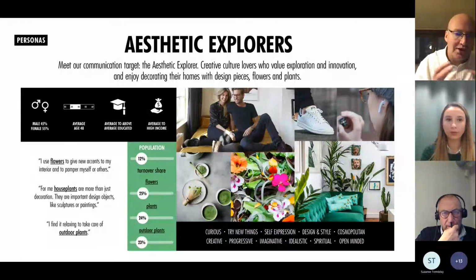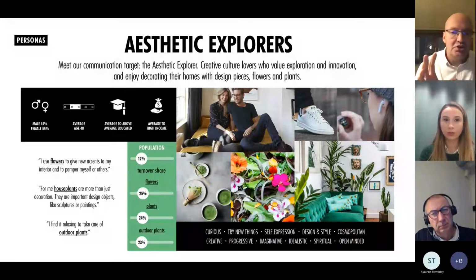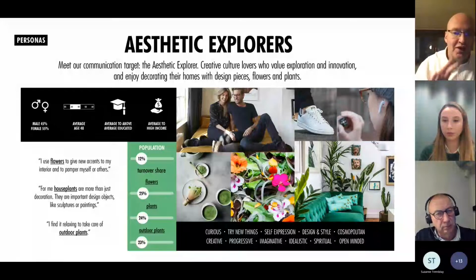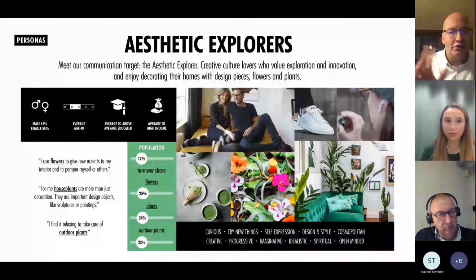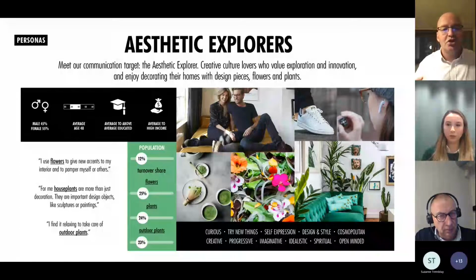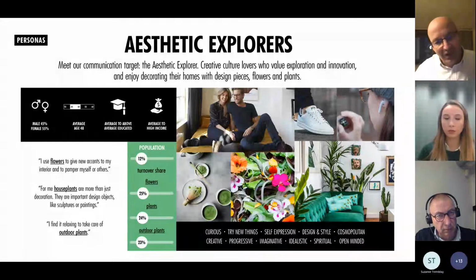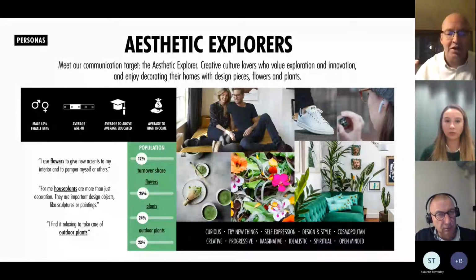And another good way to look at it is, when you look at the target audience, you see that 12% of our population is responsible for 25%, so a quarter, of the flowers, the outdoor plants and the indoor plants sales. So it really makes sense to target this group, which is a quarter of your sales. And you also see how the culture plays a role in this, and how the values and lifestyle play a role in making communication that really sticks and that consumers like, to be exact. And now for the next slide with some of the results.